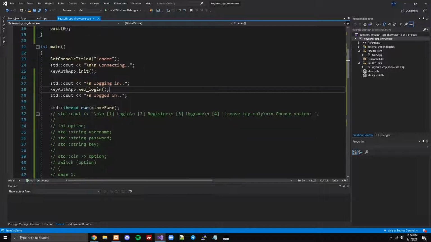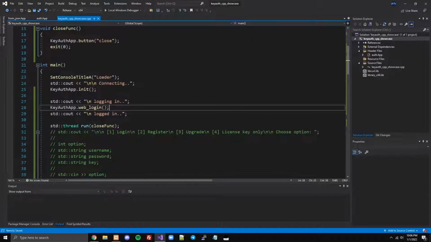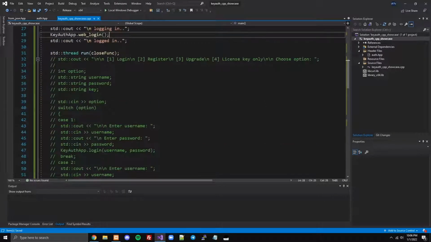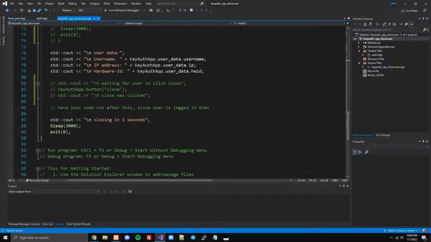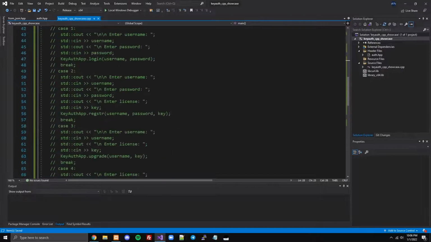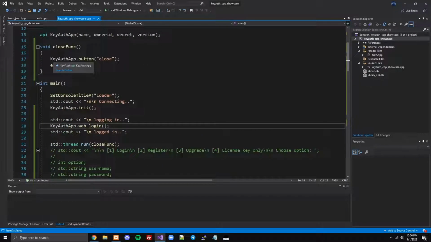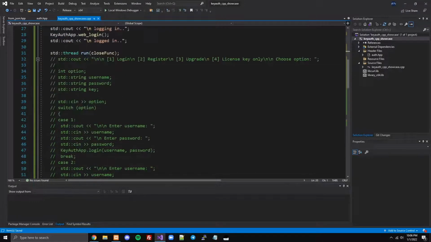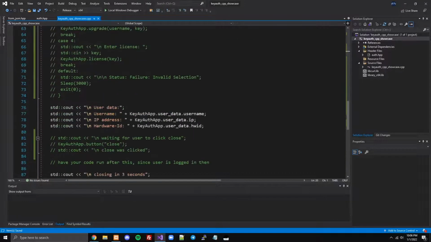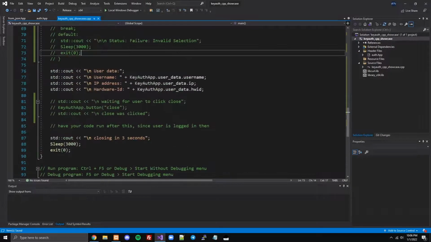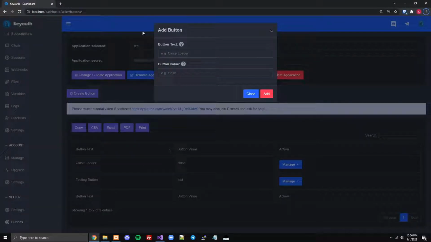And so if you had it set up like this, after it logs in, it would run this thread, which would run in the background. So then your code would continue to execute in the main thread, and in the background, it would wait for the user to click close, and if they clicked it, it would exit. And so that's a great way to have a close button. And I guess I'll just show you that real quick, and then we'll go over the default use case. All right, so you're gonna want to upload it to an